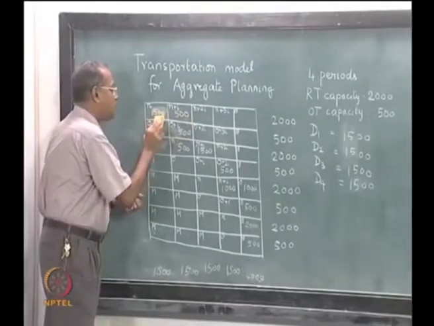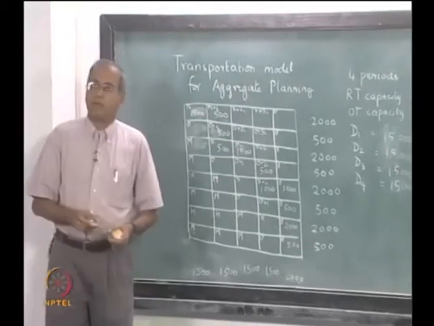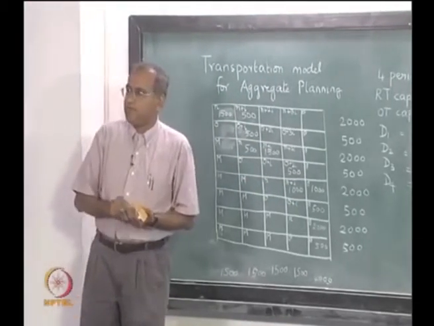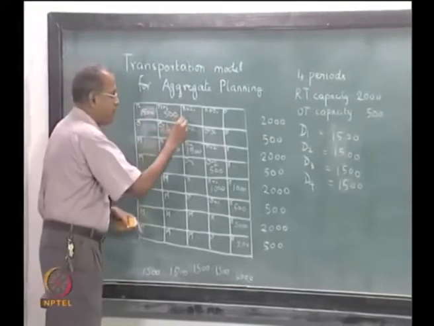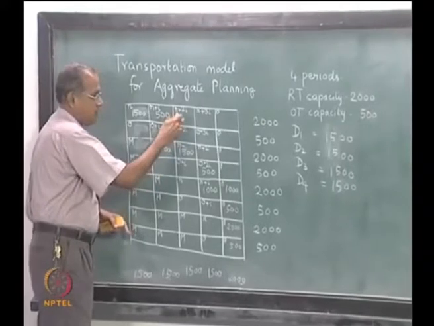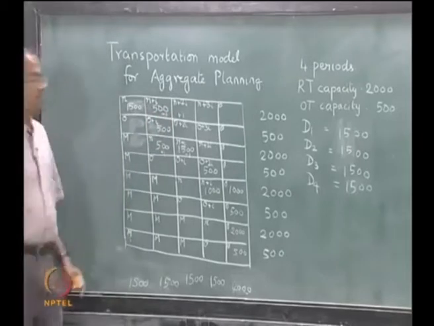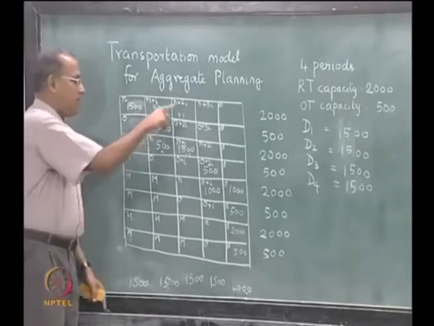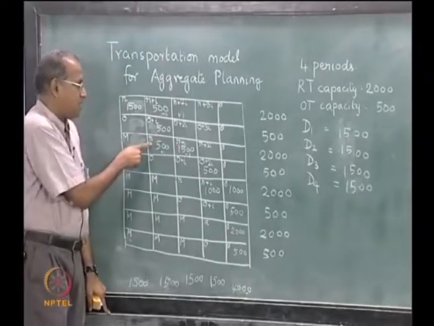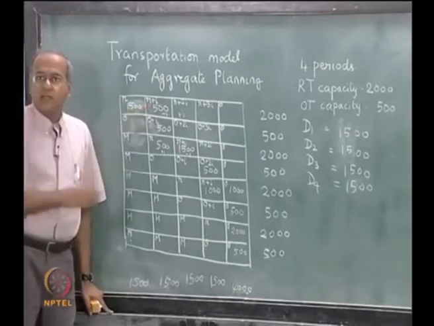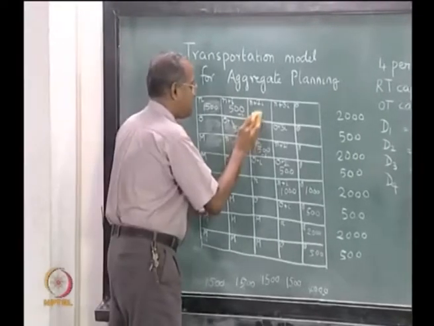So, a stepping stone will try and see all the places where we do not have a variable, we will try and put a plus 1. Now, let us try putting a plus 1 here for example. So, if we put a plus 1 here, then we have to balance it with a minus 1, with a plus 1 and a minus 1. So, the net will be r plus 2I minus of r plus I plus r minus of r plus I, which will also be 0. So, it is not going to be an advantage doing this.